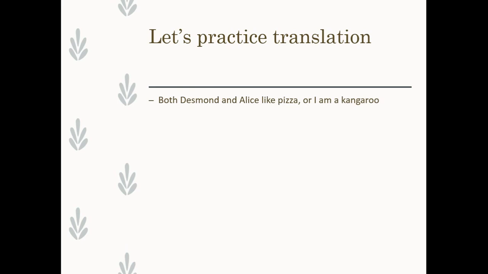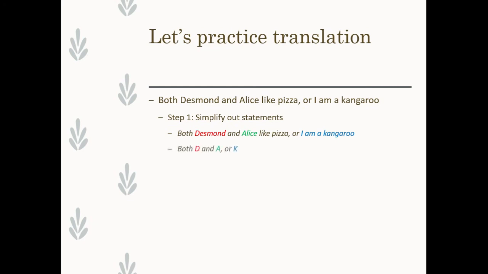Okay, both Desmond and Alice like pizza, or I am a kangaroo. Step one, simplify out your statements. So you have Desmond likes pizza, Alice likes pizza, I am a kangaroo. So it's going to be both D and A, or K. Both D and A or K. So D for Desmond likes pizza, A for Alice likes pizza, K for I am a kangaroo. Next step,